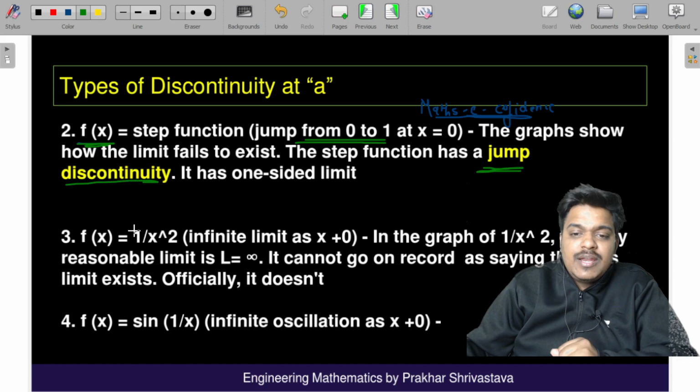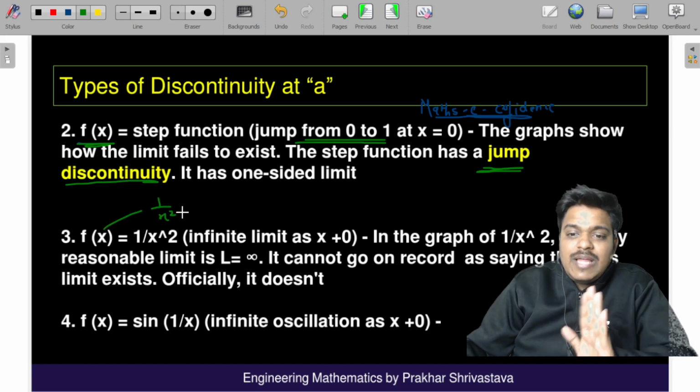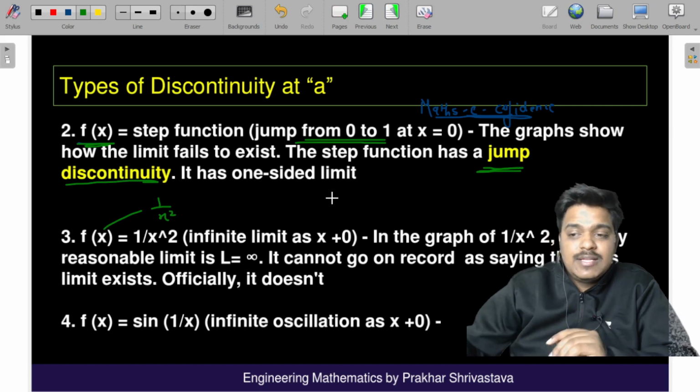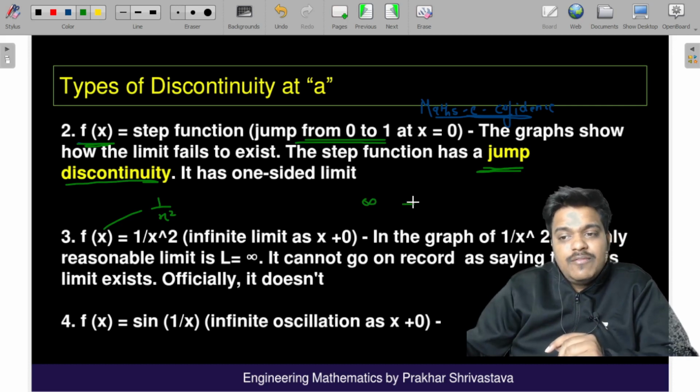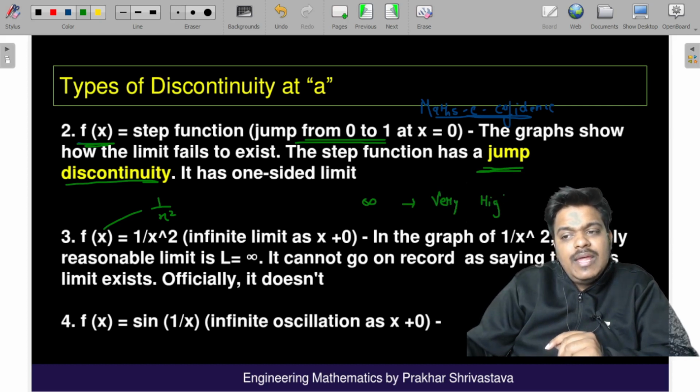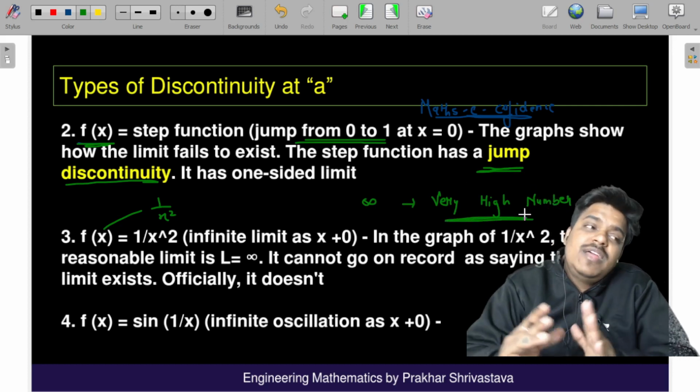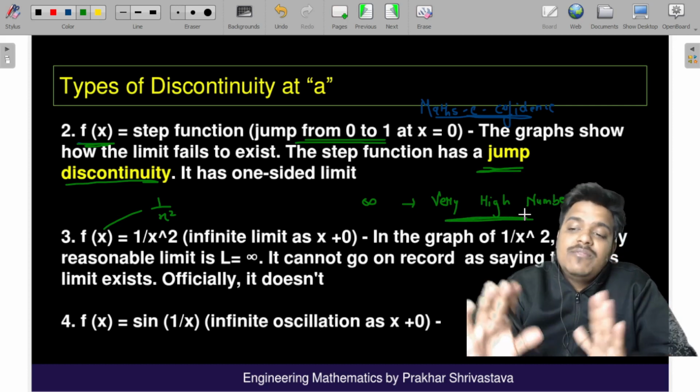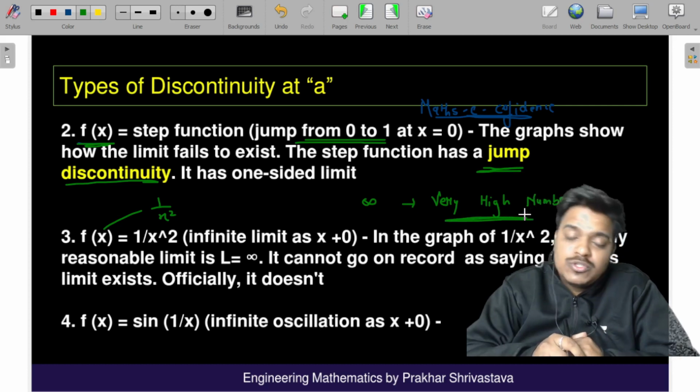In the third case, where the function is 1 upon x square, we know that the graph goes to infinity. Now one very small thing I have already discussed. What do you mean by infinity? Infinity is nothing but a very high number. Is it clear? Because there is no end to numbers. So anything which is very high, we term it as infinity. So if you check back